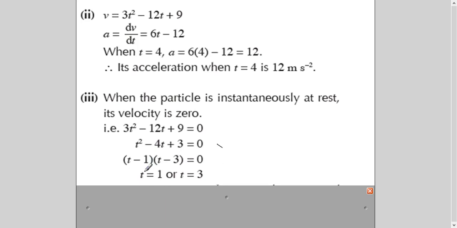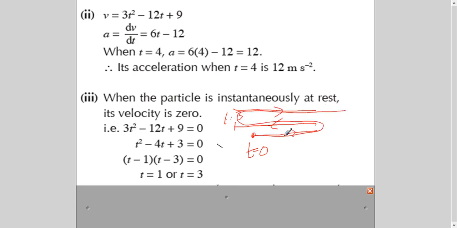So when we look at this time, what comes to your mind? That wherever the object was, because at that time in this question we are taking t equal to 0, right? After 1 second, because velocity is instantaneously at rest, it means after 1 second the object has taken a turn. And then after altogether 3 seconds, the object has taken another turn. So actually this is the journey of the particle. It is like this. I have drawn it just roughly to give you an idea. When you look at this time, what does it mean? Now remember, t is equal to 1 here and t is equal to 3 here.